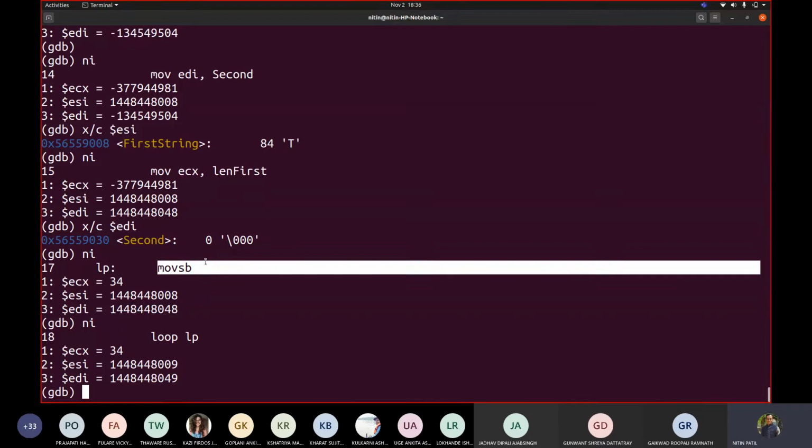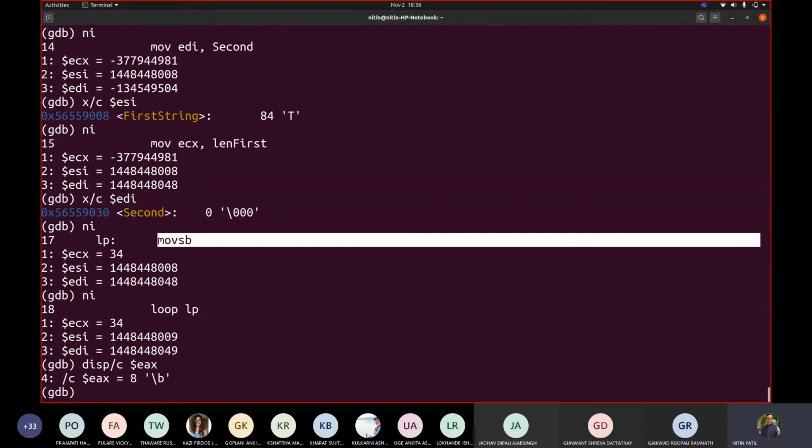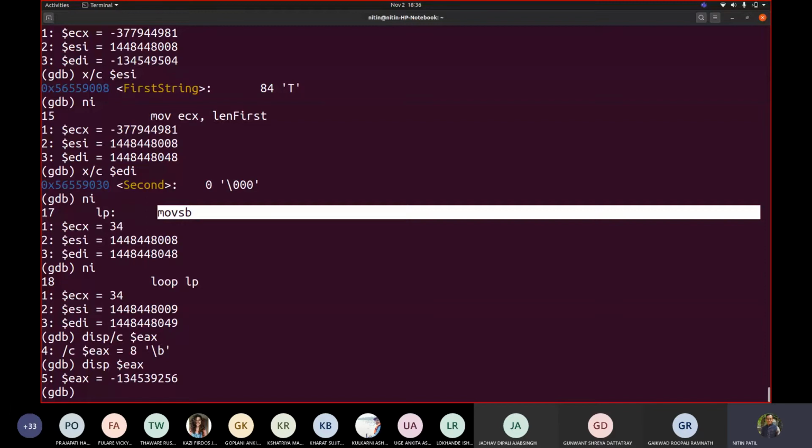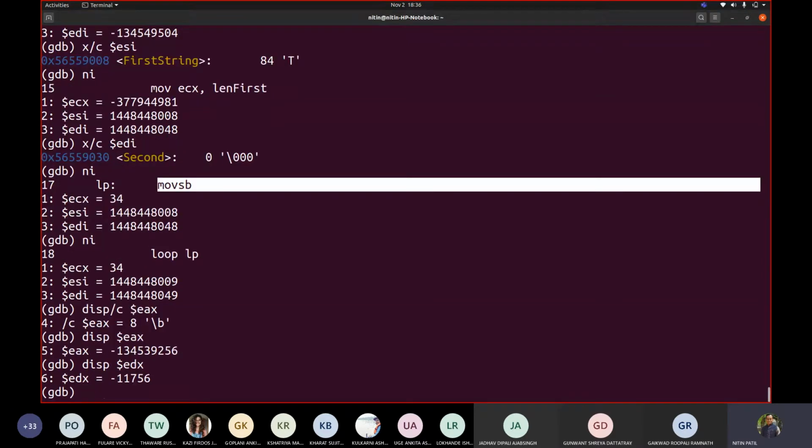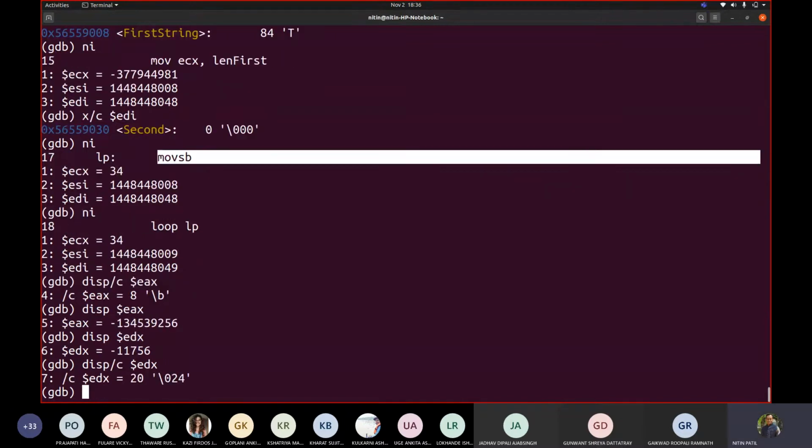Okay, now if I say display /C $ECX. Fine. Because it is executed and the change was already made, if I write $ECX, it will not show me that thing. It automatically was carried out. Even if I try other registers, display /C EDX, because ECX is used, ESI is used, EDI is used. Correct? So it automatically takes that part, takes that as a temporary variable. This MOVSB is doing that task for us.